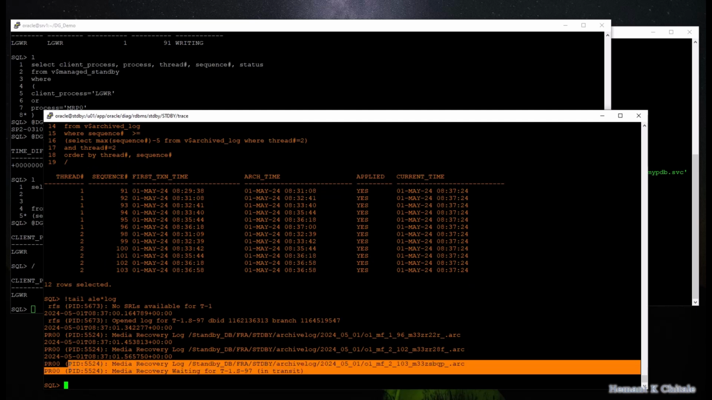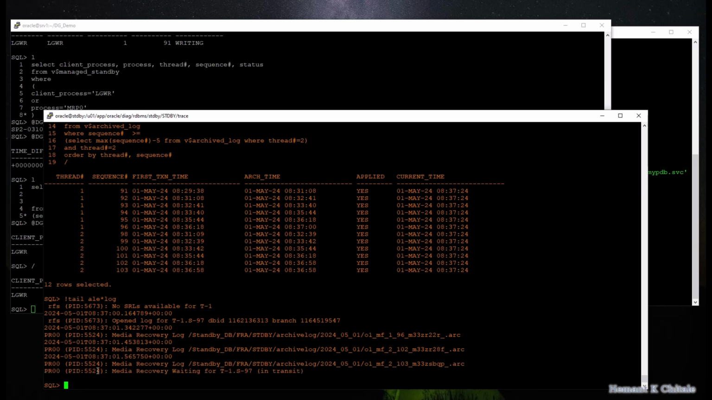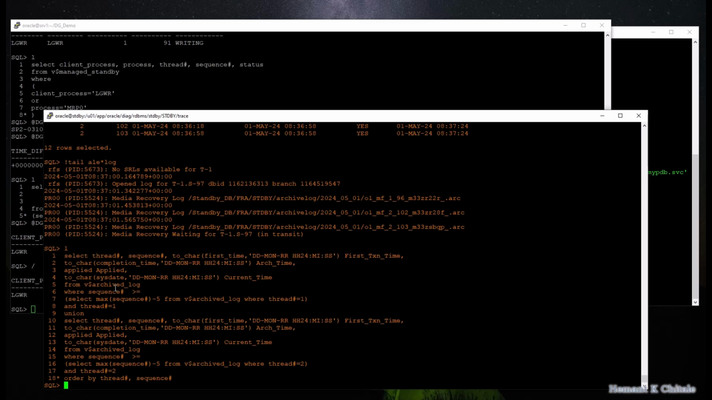So the standby can continue running, receiving redo from one thread even when the other thread, the other instance of your primary cluster, is down. So if you have a standby which is for multiple instances of a RAC cluster, you have to query each thread separately at the standby status, or even when you look at the messages,